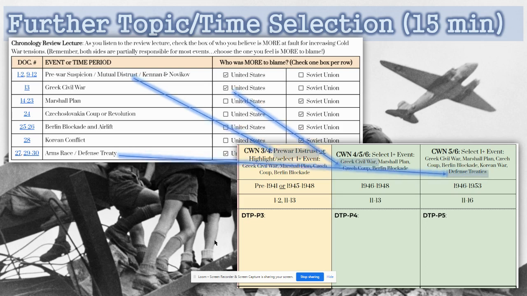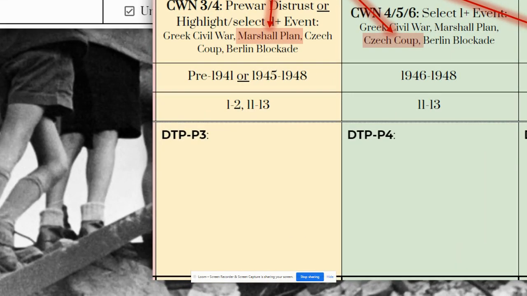Let me use another example. Let's say you blame the Soviet Union. You may look at their actions regarding the Marshall Plan, their actions in Czechoslovakia, and then finally, in blockading Berlin. You're going to take these 3 events, and in either one of these cases, now that you have these selected, whichever one they are, go back to your secondary source chronology,